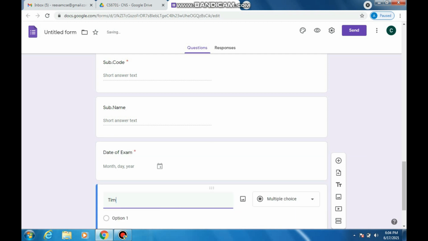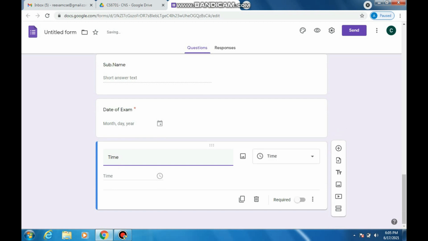Then time, and there we can have another field, like whether they have written all the required fields in their answer script.